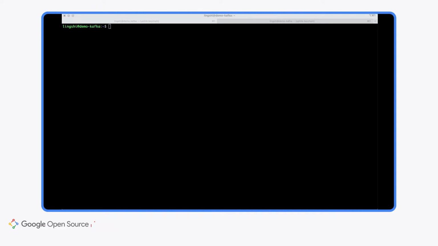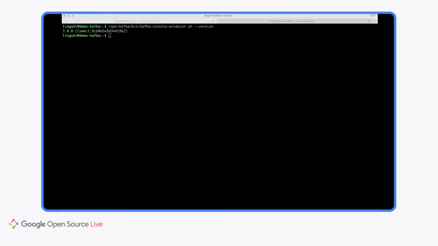So here I have already created that GCE VM for you. After that, we need to install the Kafka application and also install the OpenTelemetry collector onto that VM. In order to focus more on the interesting parts, I'm gonna skip the setup steps. Now, as you can see, we already have a GCE VM called demo-kafka here. It has Kafka running already, and we can quickly double check that. So here we go. It has Kafka 3.0.3.0 running.